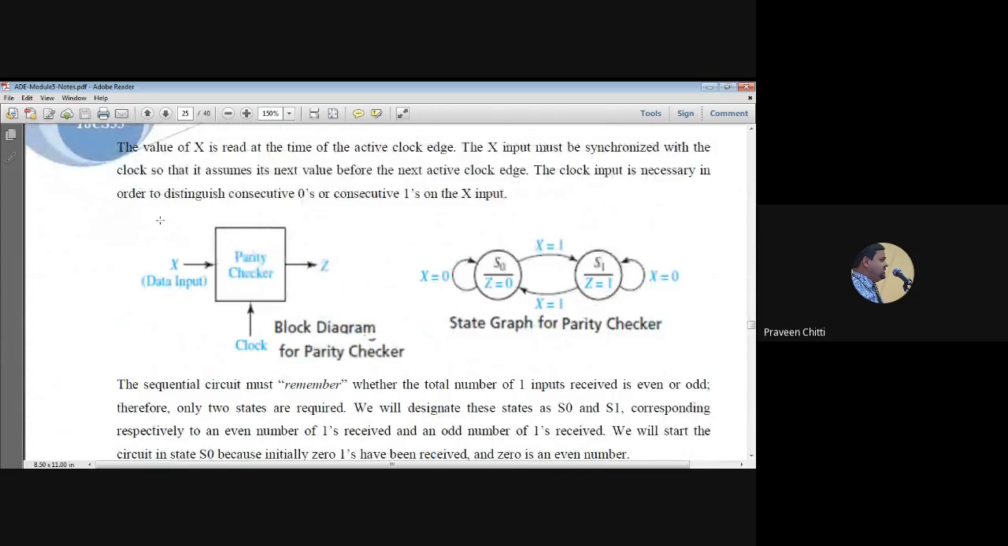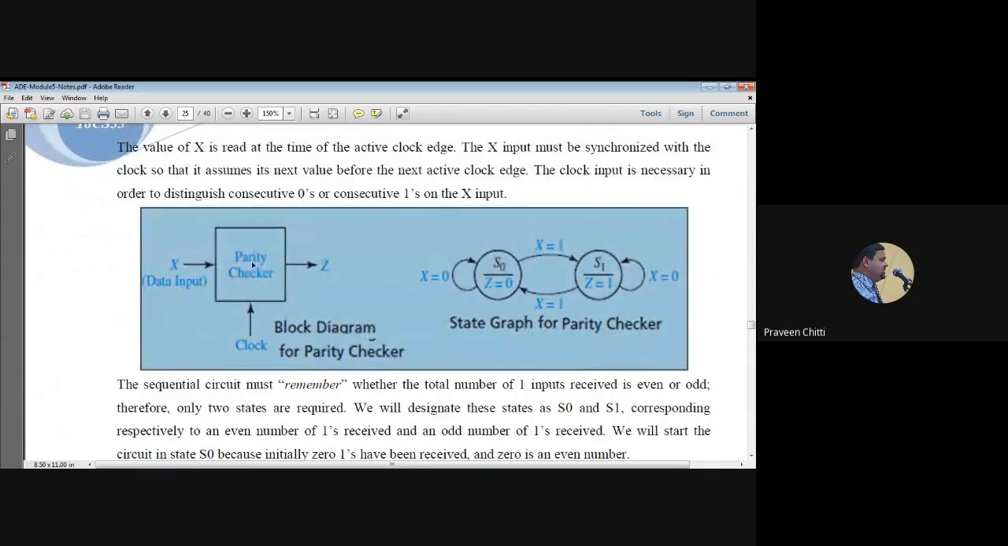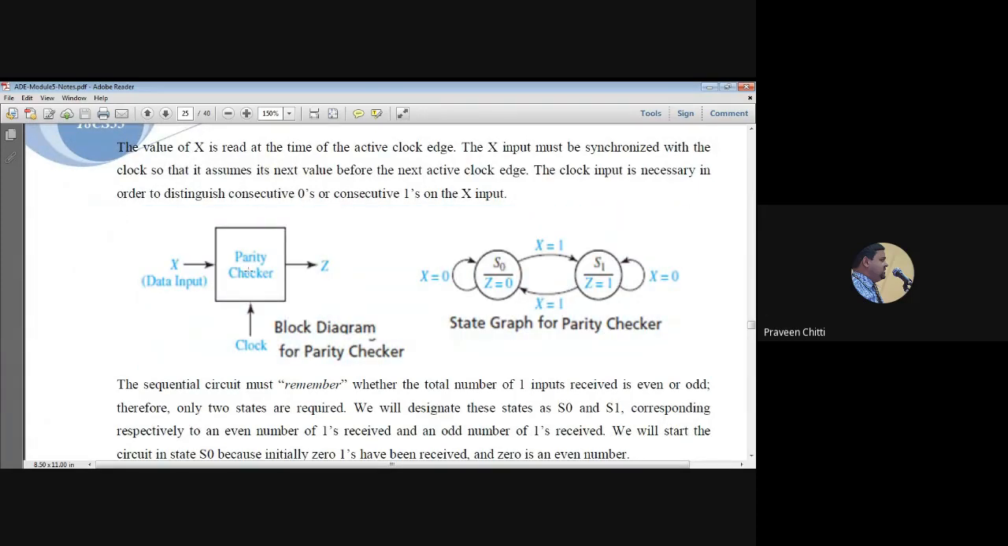So this is the block diagram I have shown here. Just concentrate on this part first, the block diagram. In this block diagram, we have taken data input as X, and the clock and X are synchronized. So whenever the clock is applied, the first bit will appear at the parity checker, and once you receive the first bit, you have to check whether it is even or odd,